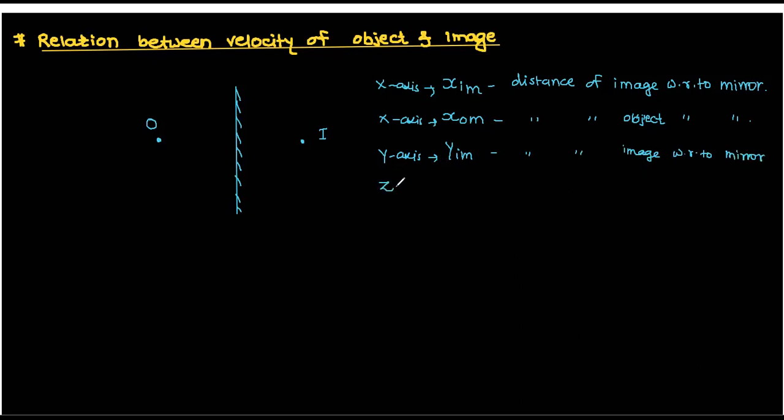And one more we have to take, that is YOM also. This is also Y axis only, and that is YOM. So distance of object with respect to mirror. Clear? And now along Z axis,